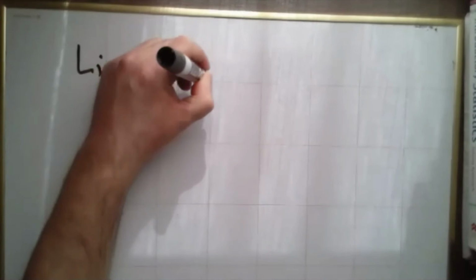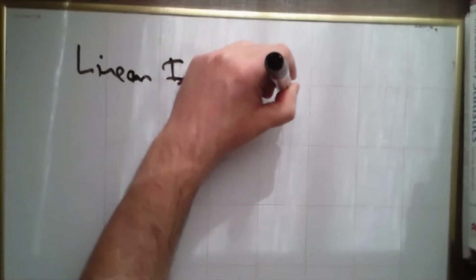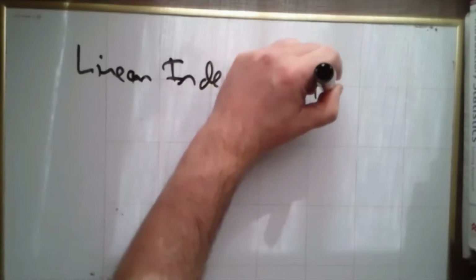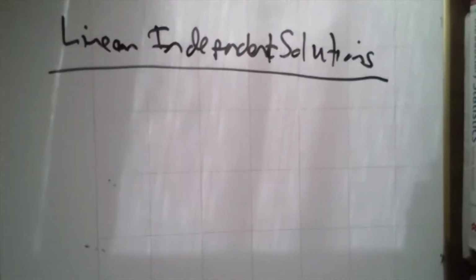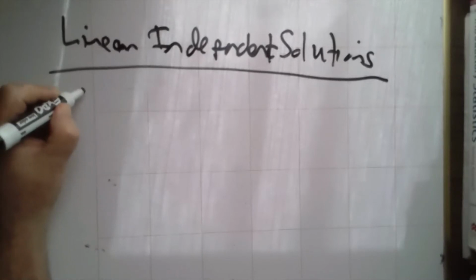Our goal is to find the general solution. To find the general solution, we need linearly independent solutions. So let's talk about linear independence. If you've had any kind of matrix theory or linear algebra, then you know about bases and linear independent sets. If you haven't, I'm going to teach you basically some linear algebra right now that you need to know for this class. And this says if you have a set of functions,